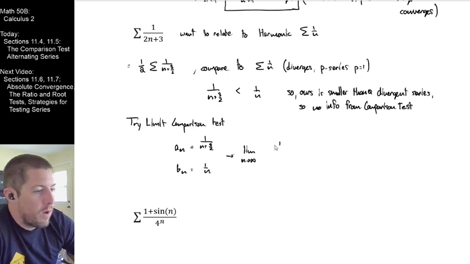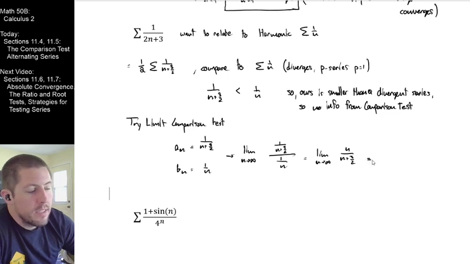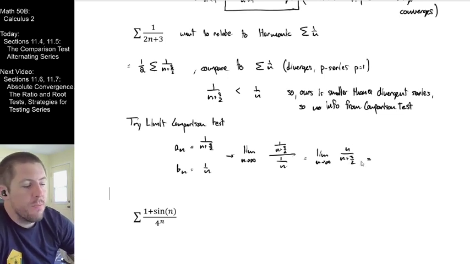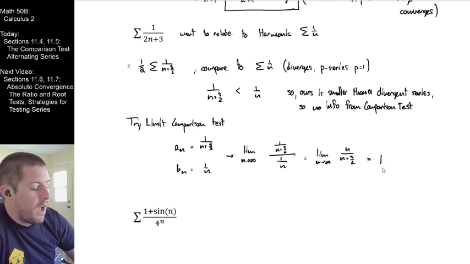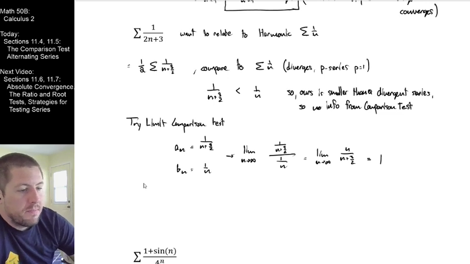And I'm seeing our 1 over n plus 3/2 versus 1 over n is going to lead me to our limit as n goes to infinity of n over n plus 3/2. I am hoping that we can all clearly see that this limit is going to 1. That plus 3/2 is making a trivial difference in the denominator down there. As n tends off towards infinity, our numerator and denominator are clearly eventually going to essentially match right there. And so therefore,